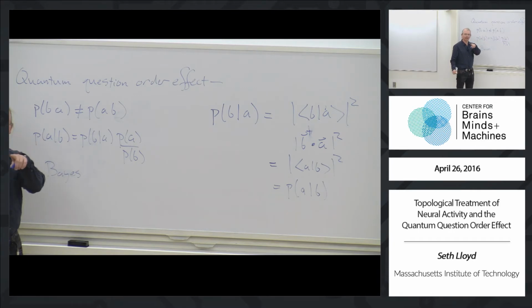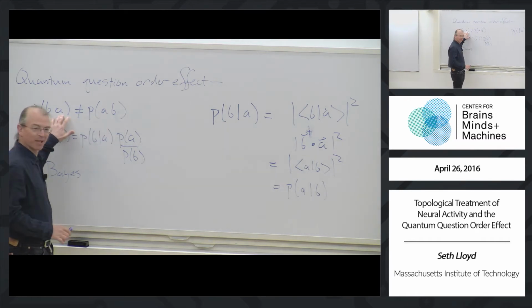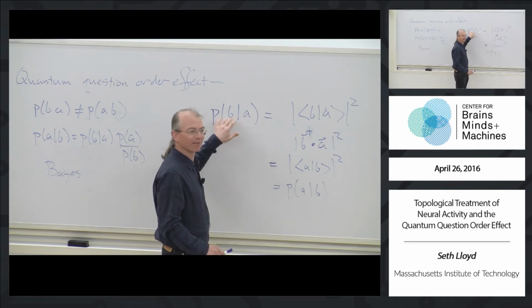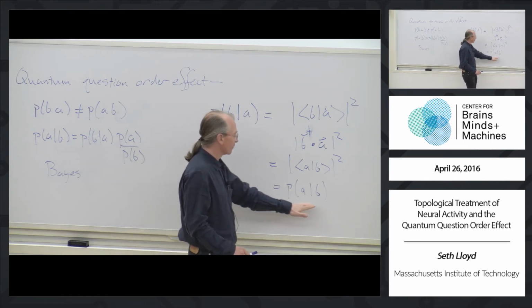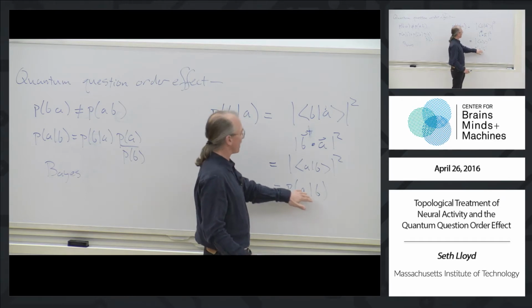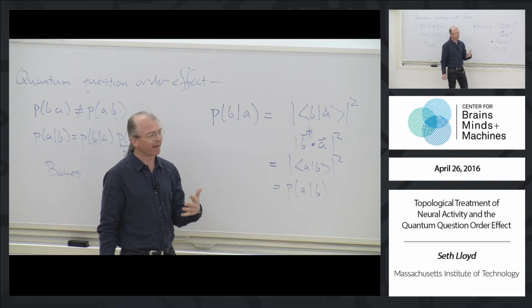Somebody else had a question, yeah. It was the same question. Okay, yeah, it's right. So the probability of first getting B, then A doesn't have to be the same as the probability of first A and then B. It's the conditional probability that if you got A, then you get B, is not equal to the conditional probability that if you got B, then you get A. Right. So you can get quite bizarre effects out of this.